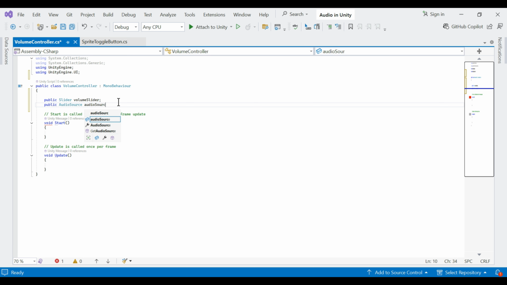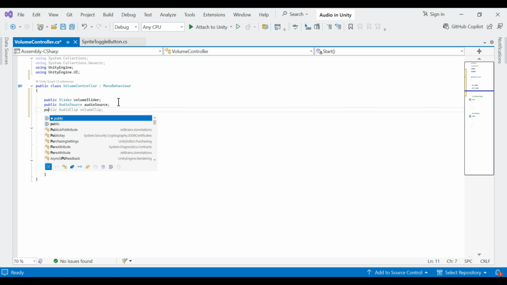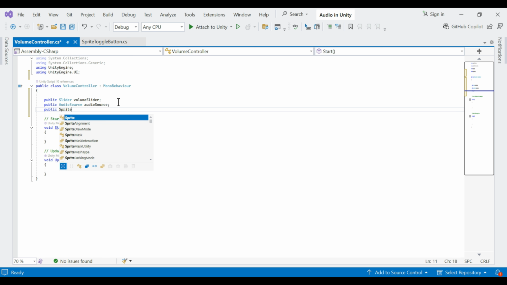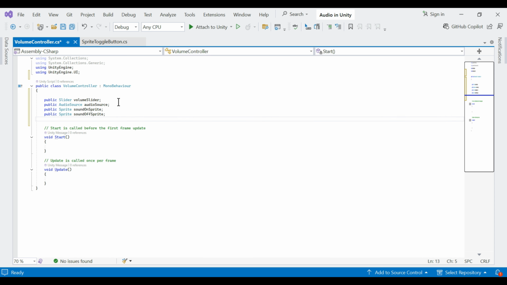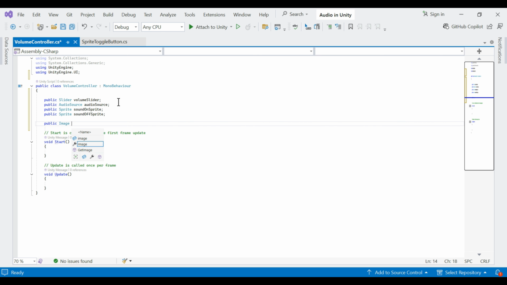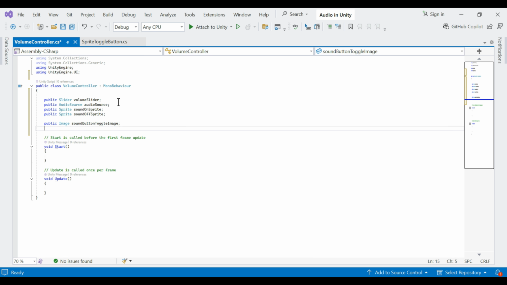We also need two sprites, the sound on sprite and the sound off sprite. Also, there's the sound button toggle image reference. This is the image component attached to the button that toggles between mute and unmute. Lastly, there is a Boolean variable isMuted, which tracks whether the audio is muted or unmuted. It is initially set to false to ensure that the audio starts in an unmuted state by default when the game begins. These references form the foundation for controlling the sound dynamically, toggling the mute functionality, and ensuring the UI